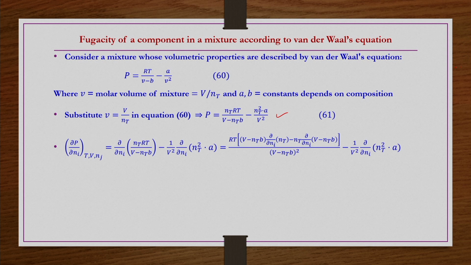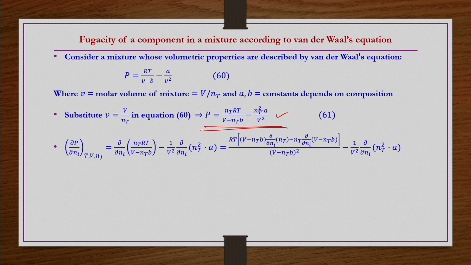I am doing this because the last three lectures, this lecture and the previous two, are connected to one another in one way or another. That is the reason I am maintaining the equation numbers in a sequential manner for all three lectures. So, now for this equation of state in a pressure explicit form, what will we do? We will do ∂P/∂Ni.